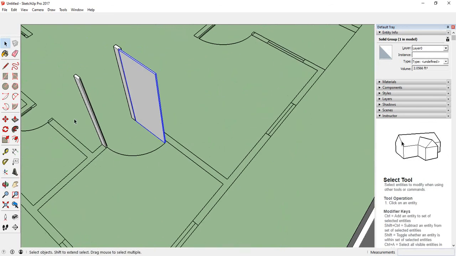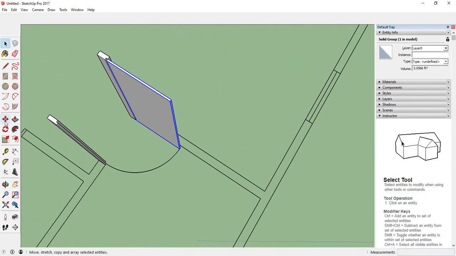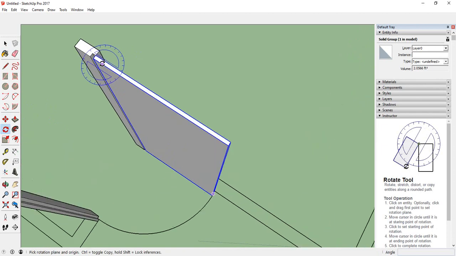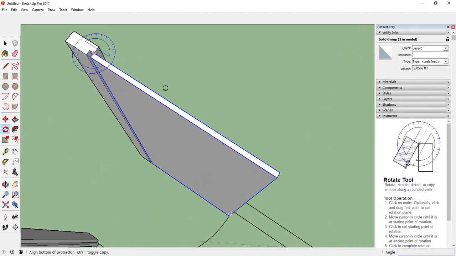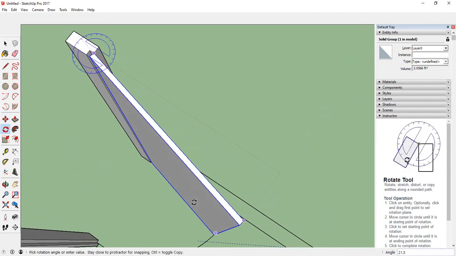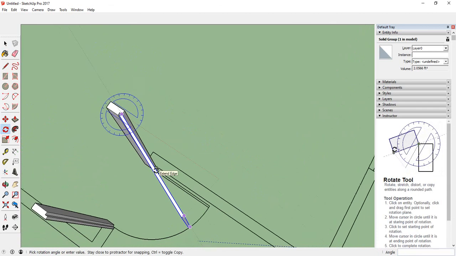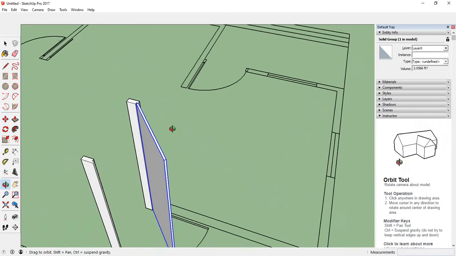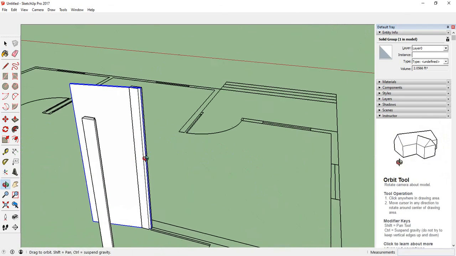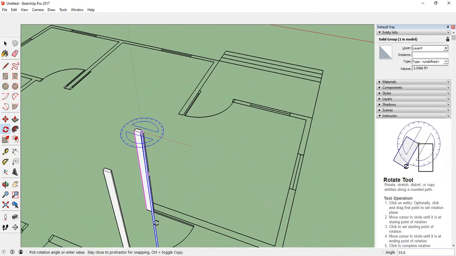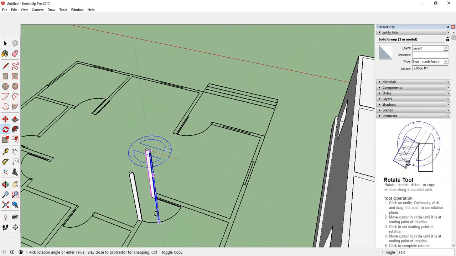Okay, now we can go for rotation. So here, click that point with respect to that point, and we'll be able to move it like a window. See? So I hope that will be a good position,